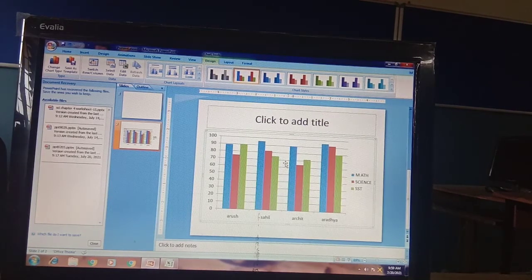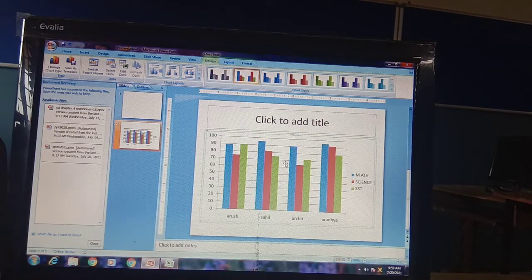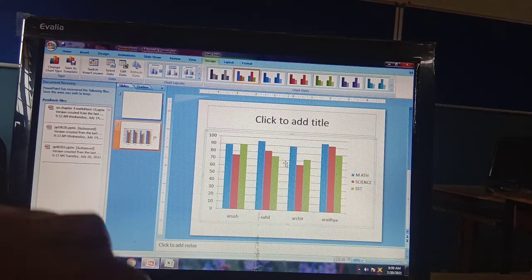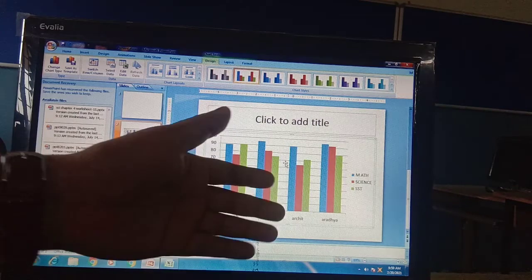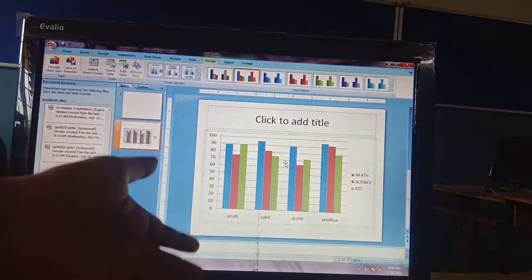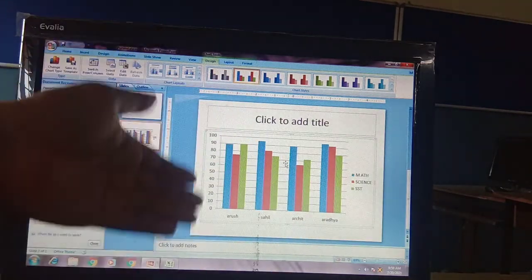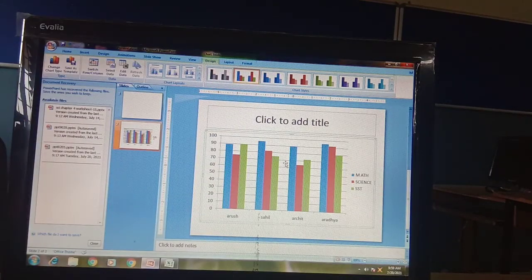So let's learn about the chart first. Now the chart is in front of you. What is a chart? A chart is an effective way to display data in a pictorial form. For example, we just inserted data; chart is the way to display that data in the form of a picture. It is a way to display your data in a pictorial form. Charts make it easier to show comparison and growth. Now you can see this easily. In marks we cannot easily compare in the mind, but you can see in the chart, you can easily compare between the students, whose marks are going up, whose marks are going down, with the help of graphs, with the help of charts.